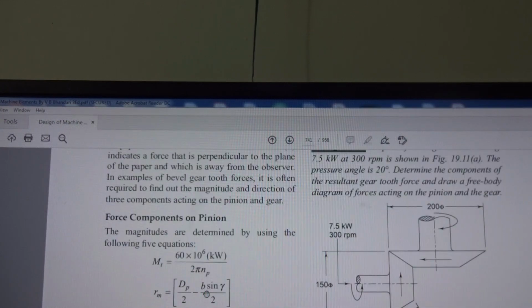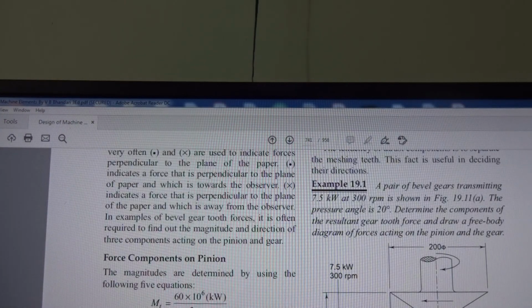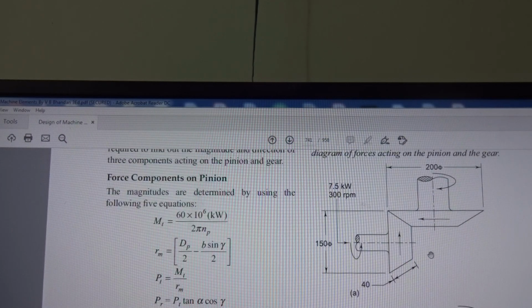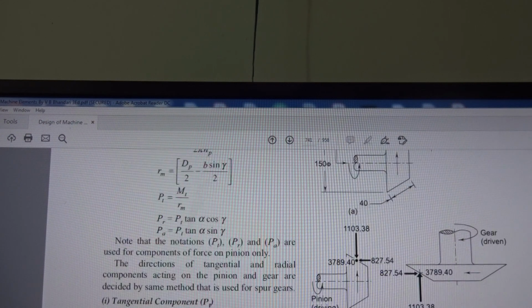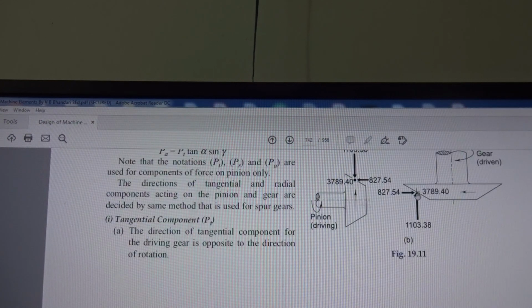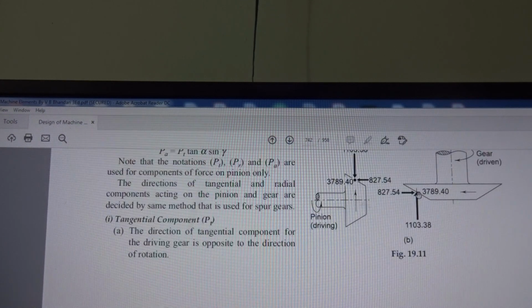Now the free body diagram is shown in the figure. This one is the pinion which is rotating in this direction, so PT acts in the opposite direction, towards the observer. The value of PT is this one. PR is already derived, this one is in this direction, and P axial in this direction. On the gear, PT is in the direction of the motion of the driven gear, so PT is perpendicular to the plane and away from the observer, and this one is the